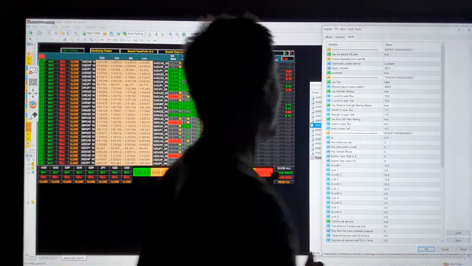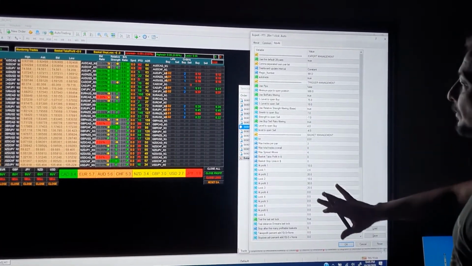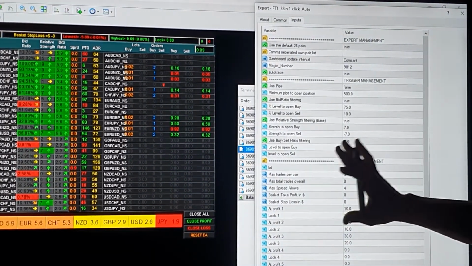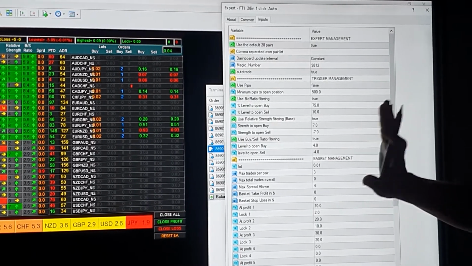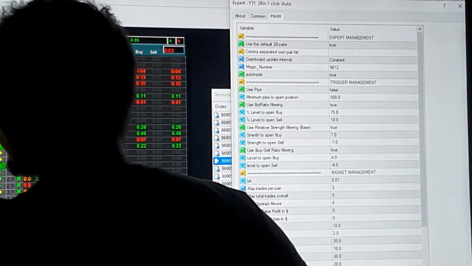Okay, so now as you can see, these are the parameters. This is the set file where you can set each and every parameter as per your choice. Now here you can see, just wait.